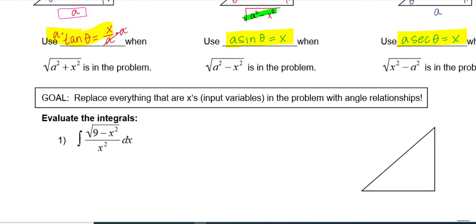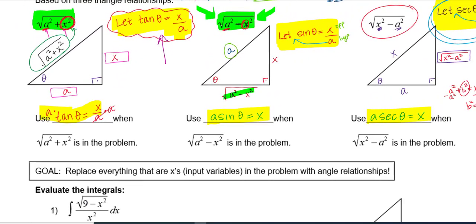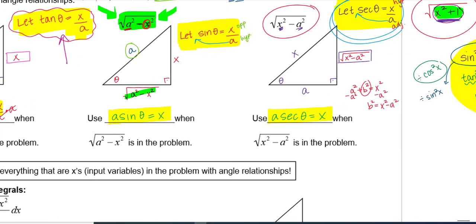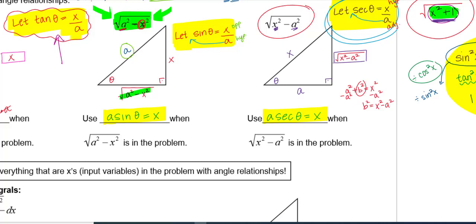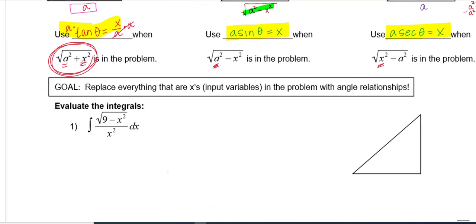You could memorize, if you were so inclined, that if you have a sum of squares, you're going to use tangent. That might actually make sense if you think back to Pythagorean theorem, because with a sum of squares, you're solving for the hypotenuse, so you're given adjacent and opposite. Okay, so then maybe the sine and the secant are the ones where you think, well, I want to memorize. In sine, your constant is going to come first. If you use the trig replacement with the secant, the function is going to come first. So I can see in this problem that I have a number first.